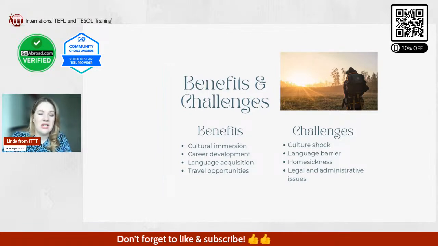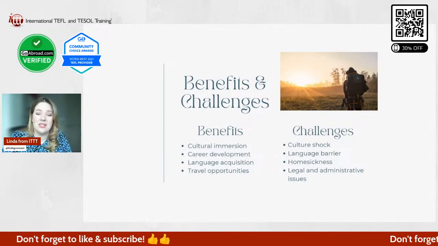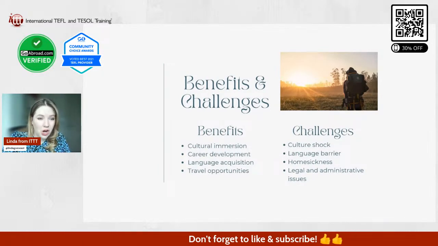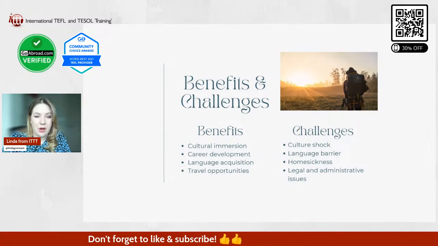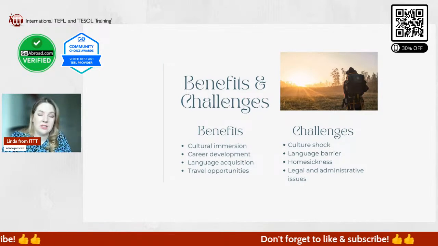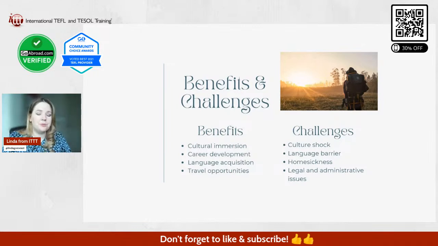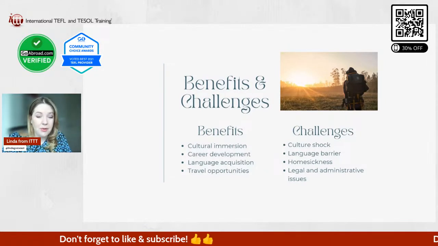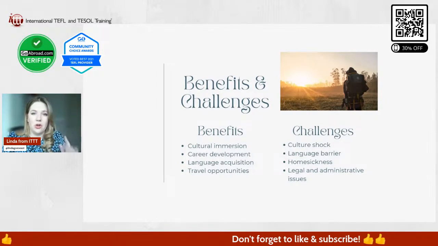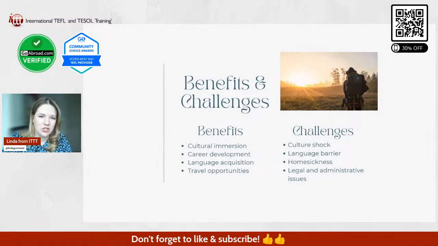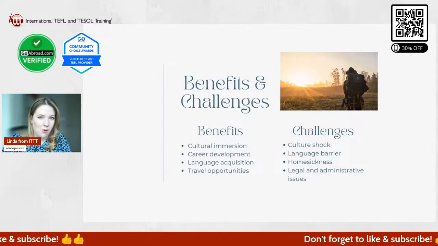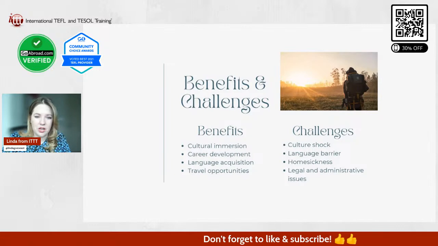And this is what a lot of people just kind of focus on. But you should also not underestimate the challenges, right? And here, challenge number one is definitely culture shock. A lot of people underestimate culture shock, but it can be really traumatizing, even, or really difficult to work through. I've seen this a couple of times where people from English speaking countries, America or Europe, came to Korea and the culture is just really very different and they couldn't really handle it. And then they quit their job and they went back home, which is very unfortunate.